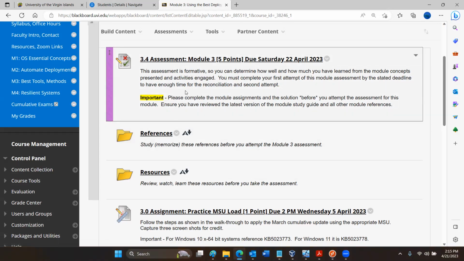The assessment is actually a bit shorter than usual. So each question is worth more, but the duration for the assessment is shorter also. You have 30 minutes to finish, but I think there's 10 or 12 questions, and then there's a couple of extra credit items, right? The goal is to get your first attempt logged before the end of the week, which would be 11:59 p.m. Saturday, right?